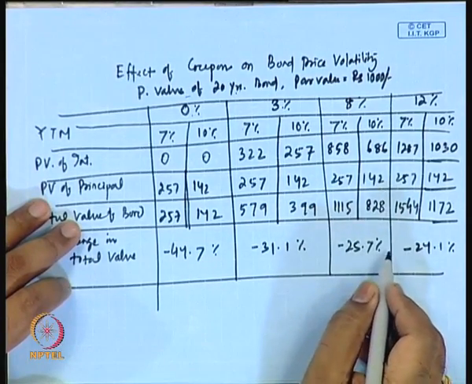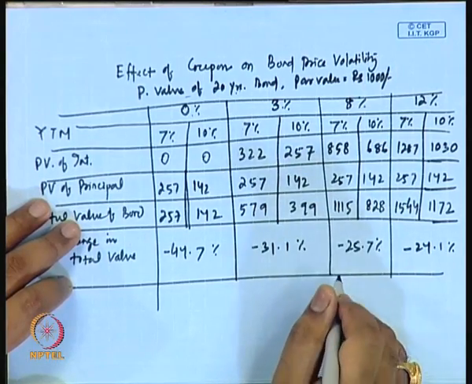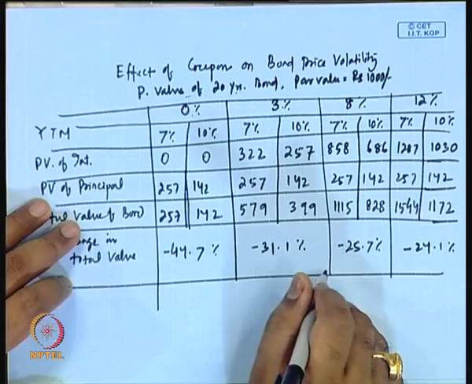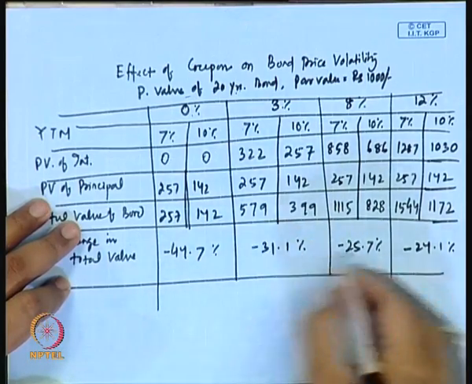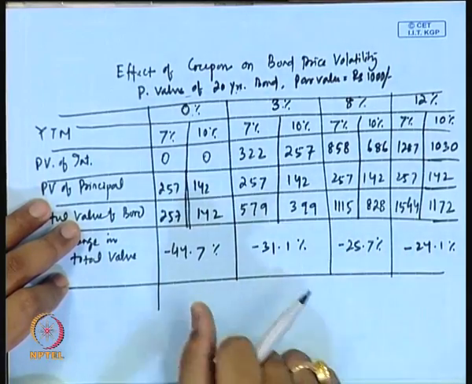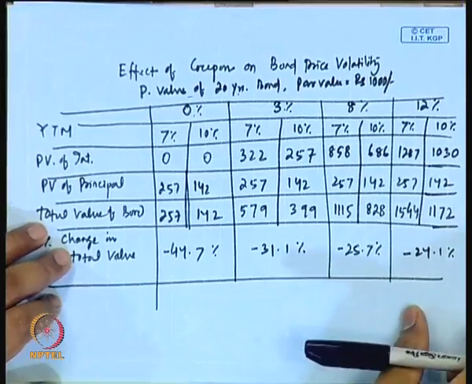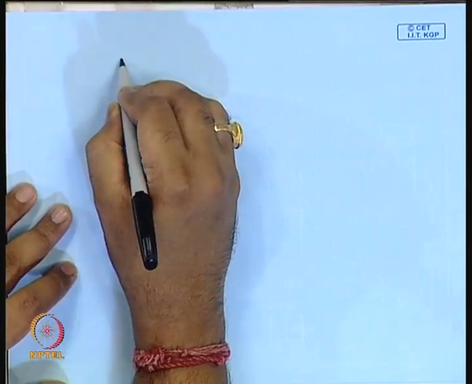So, that is why, all else being equal, bond price fluctuations and bond coupon rates are inversely related. So, we have an inverse relationship we can observe: the coupon is increasing, the volatility is decreasing. That is the observation we get from this, which is what Malkiel's theorem was talking about. Then another part remains, that is the impact of yield on bond price volatility,